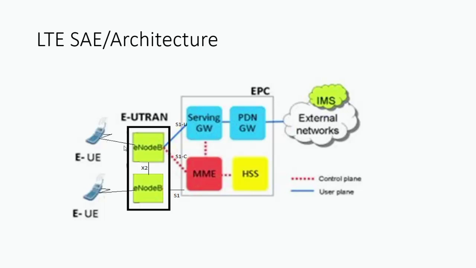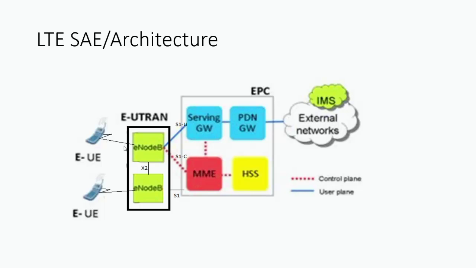Now it is required that the E-UTRAN part is connected to the EPC, which is the Evolved Packet Core, and this EPC is fully IP connected, that means a fully packet switched network. You can see various entities in the EPC. The very first is MME, next is HSS, then we have SGW, and last is PGW, and this is connected to the external network or public data network outside the EPC.